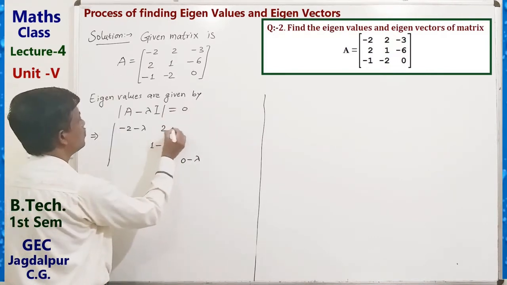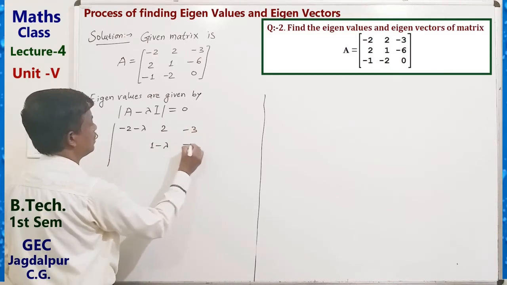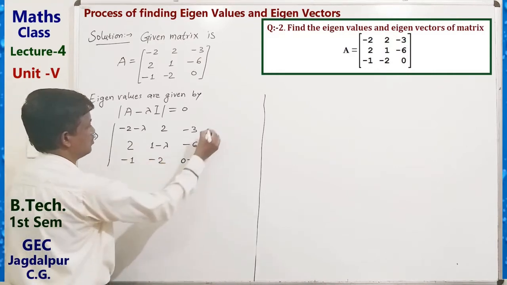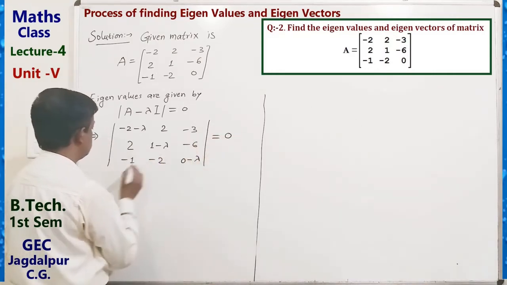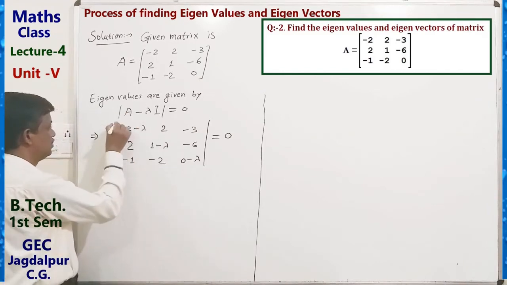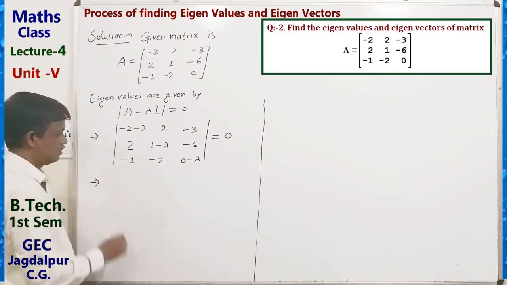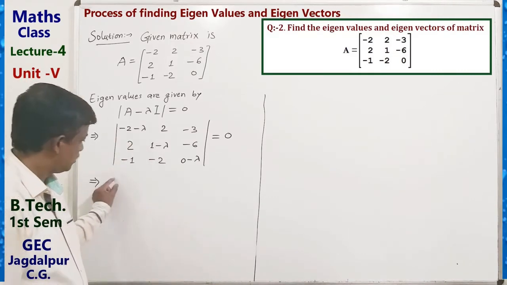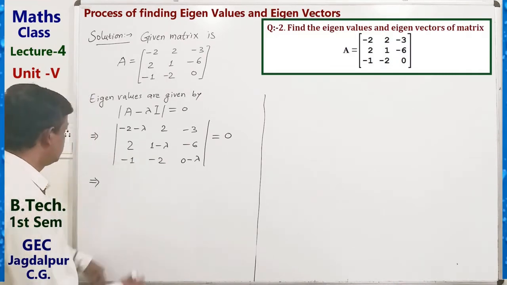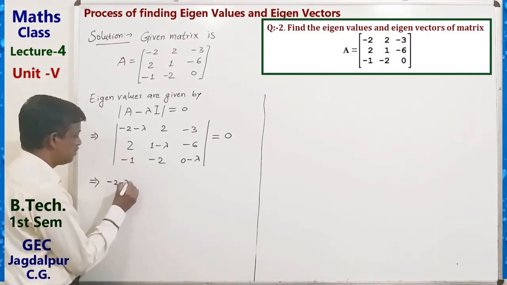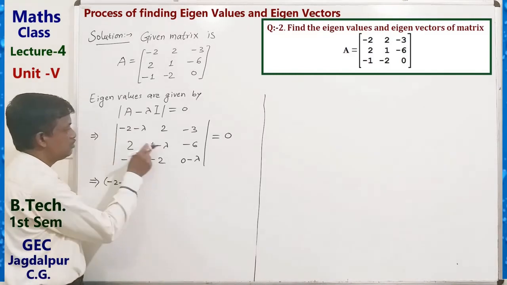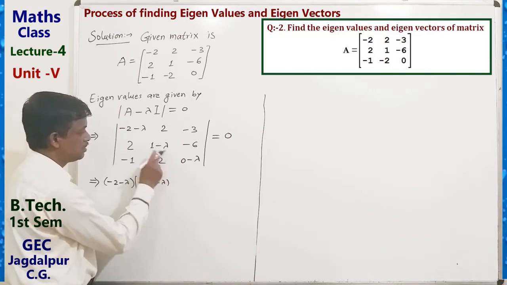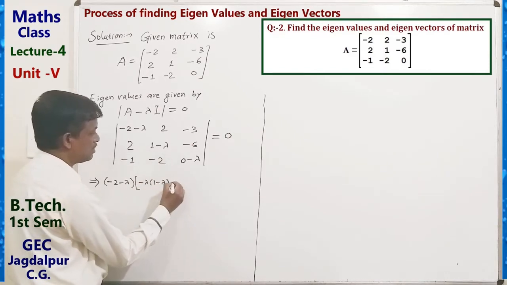Now 2, minus 3, minus 6, 2, minus 1, minus 2. So this determinant equals 0. Now we have to solve this. Okay. By solving this determinant, we can get a cubic equation in lambda. So how? Minus 2 minus lambda, this into this, minus lambda into 1 minus lambda,